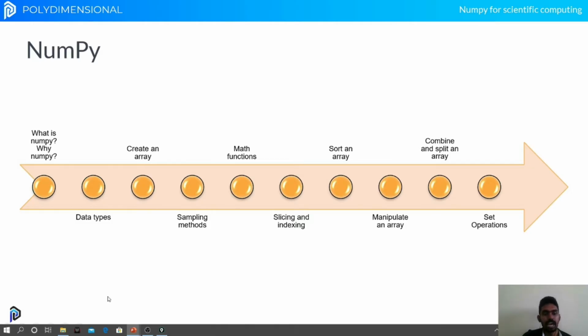In this section, we actually covered a lot of concepts related to NumPy. As we said in the beginning itself, NumPy is a vast library and we just wanted to cover the important concepts that we'll be using in our upcoming course. Okay, so let's have a recap on the things that we saw.